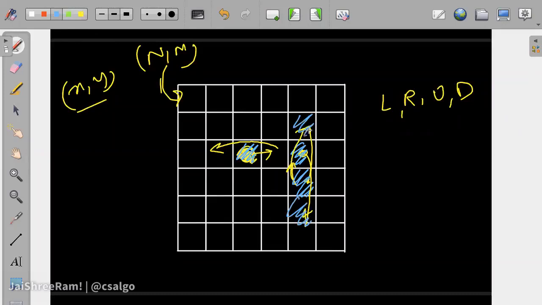Sorry, this will become ice and you go to this cell, and then if you again move up, it goes to this cell and this will become ice. Then if you move right, this cell becomes ice. Then if you move left, you go to this cell, and then if you move right, you go to this cell and this becomes ice. So this becomes ice and then you move to this particular cell because this is ice.